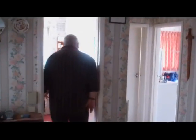In the bathroom, things haven't changed very much, I'm afraid to say. It's still somewhat of a 50s thing. Your basic bath with a hand basin, and the big innovation of the 50s was the immersion heater. And there was a tank there where we used to enjoy unlimited hot water, which might sound a bit crazy in 2011 or whatever it is, but it was somewhat of a treat to have the water